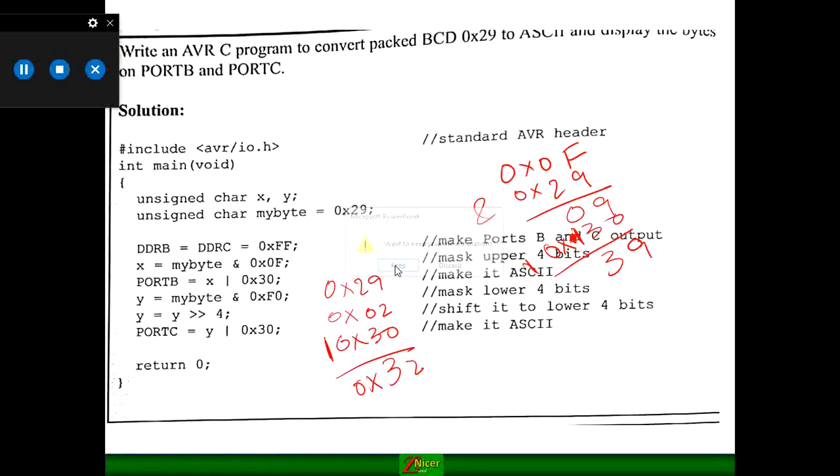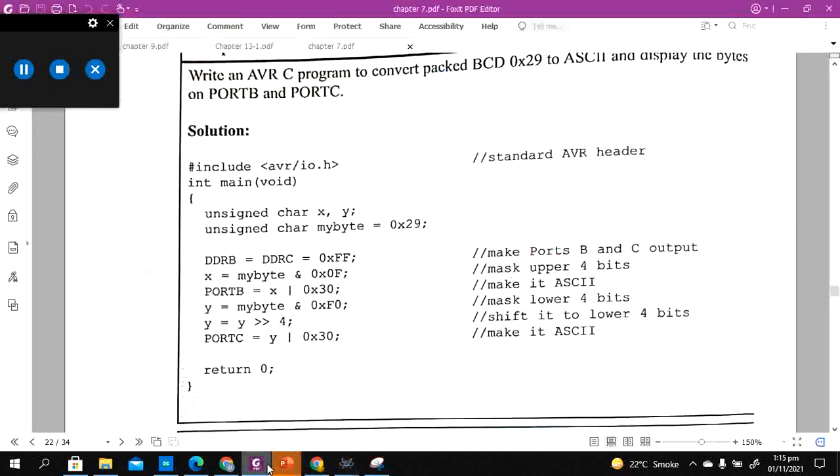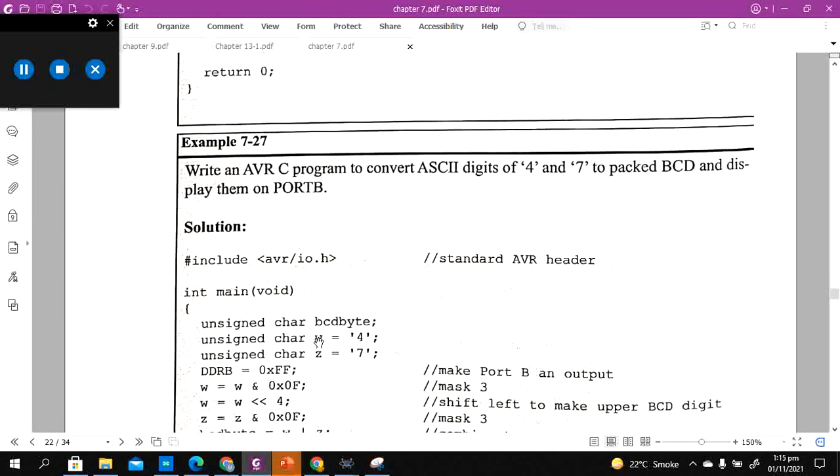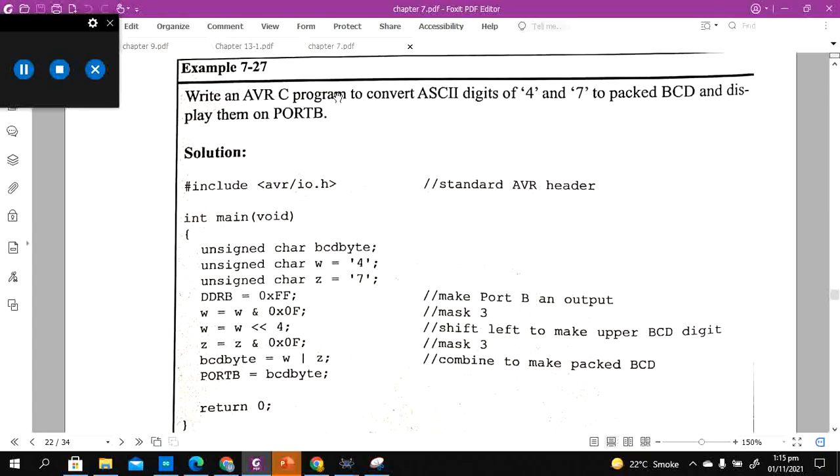You can run this program and understand the simple algorithms that are helping you transform this. Write an AVR C program to convert digit ASCII 4 and ASCII 7 to packed BCD.